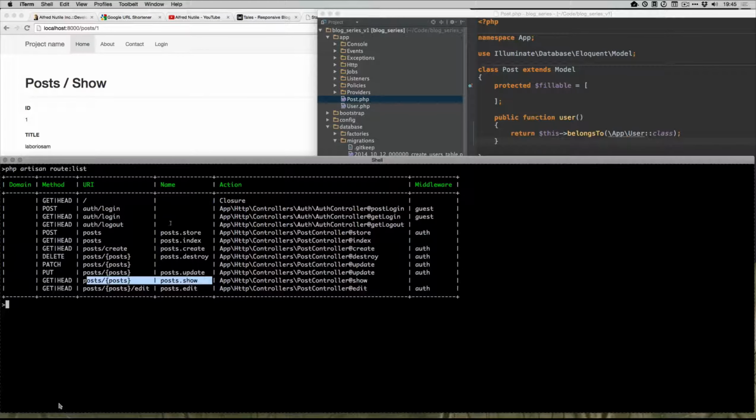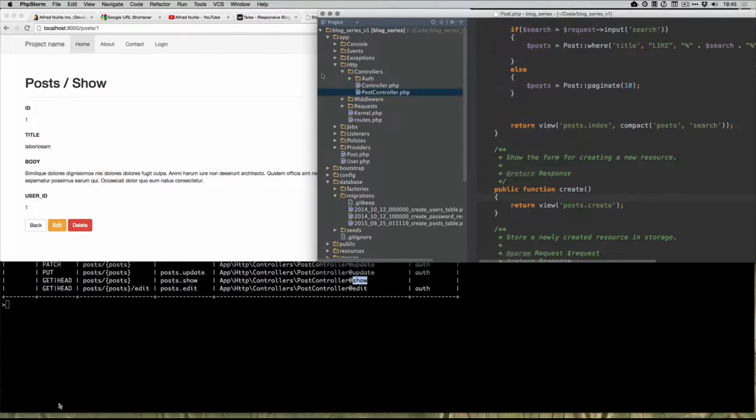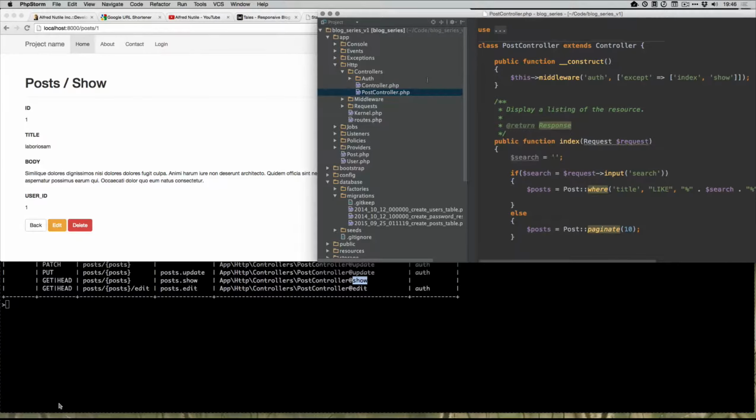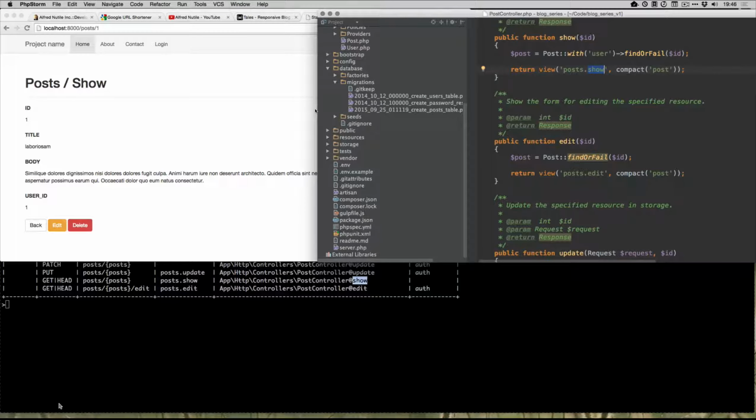Mm-hmm. So if we go to our post controller, and we help out show a little bit, remember how I did the load a moment ago? But now I'm just going to do a with user. We're telling it, hey, when you're doing this query, do a join on it and get me the related user, okay? And so now when we go to our post show file,